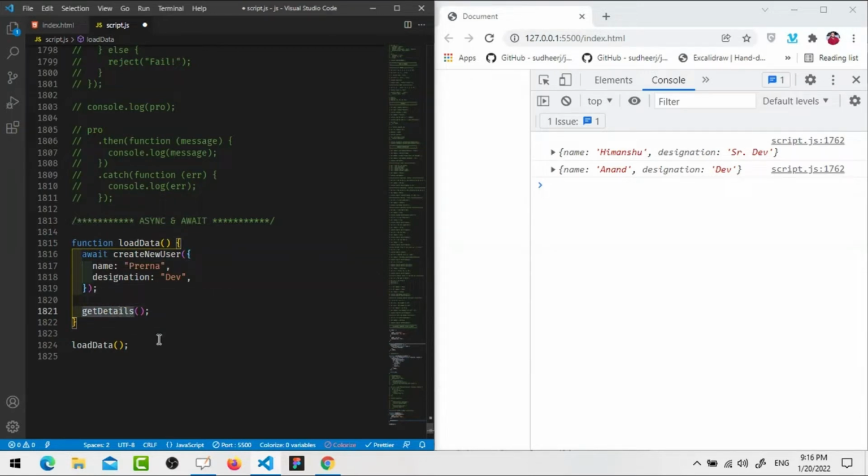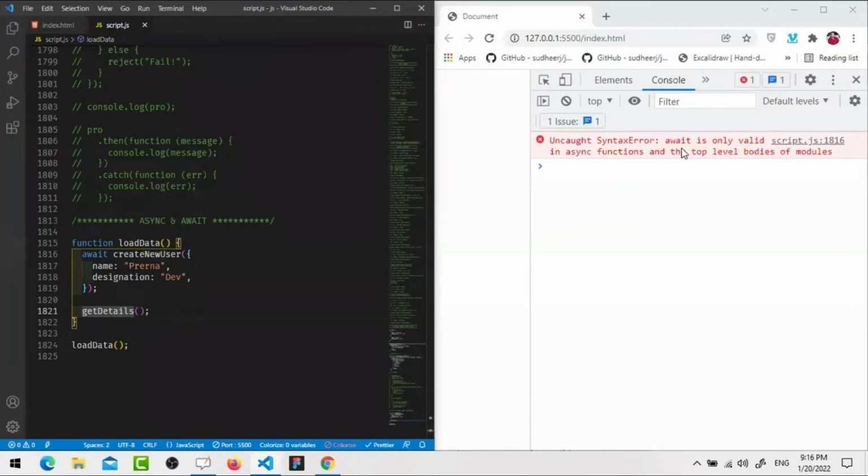If I save right now, you will get an error: uncaught syntax error, await is only valid in async functions and the top level bodies of modules. So you have to make this function an async function. You have to write async before function, this keyword you need to add. Whenever you have any await keyword inside any function or module, you have to make that function or module async. Now if I save, see,